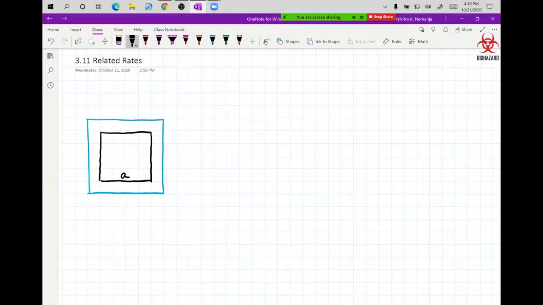We have the side A. Now the new side A is larger. We have the area A. The new area, blue area, is larger. We have the diagonal D. The new diagonal D is longer. We have the perimeter P. The new perimeter P is longer. Literally, all of the concepts that surround the square grew in size,